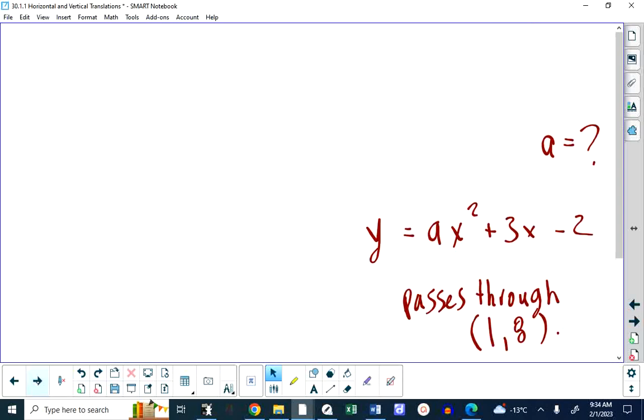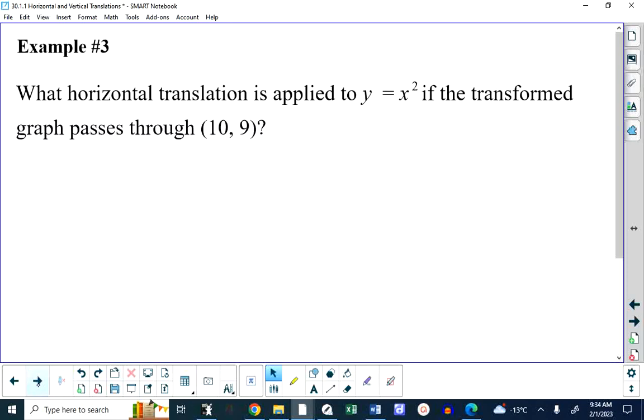And again, I know that some students would want to look at the graph and get some graph paper and go, how can I shift this thing up so it passes through that point? There's a tried and true method. A missing parameter is found by replacing x and y with an ordered pair and solving for the missing parameter. So when we look at example 3,